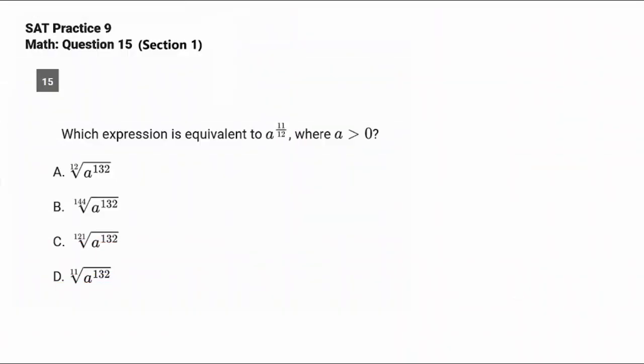We're on SAT Practice Test 9, Math Section 1, Question 15. What's the level of difficulty here? It's definitely hard. A slew of kids are going to say this is stupid hard. They're going to look at it and be upset that they got this kind of question because they just don't know the rules for exponents and roots. Which expression is equivalent to a to the 11 over 12, where a is bigger than